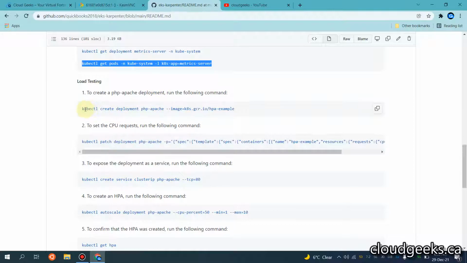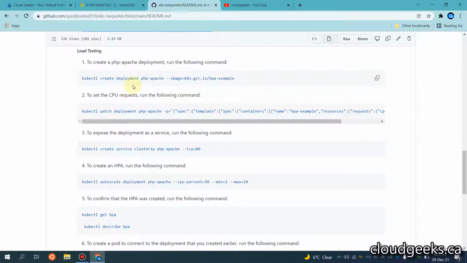Now, first of all, we have already deployed the PHP Apache as a deployment. Now I'm going to copy this command, and what it does, it will set up the CPU with regard to the PHP Apache.